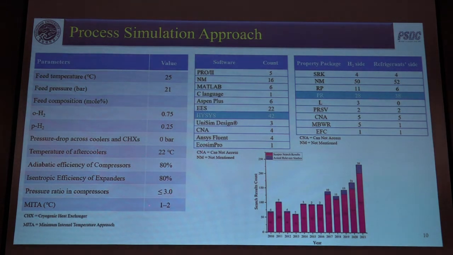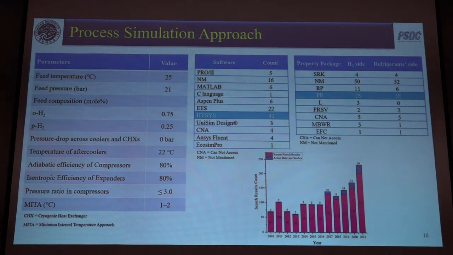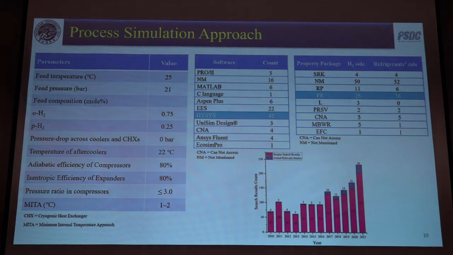So we use the process conditions for every compressor efficiency and expander efficiency, and the pressure ratio will be considered less than 3, not more than that. That is the maximum cap used by the industry. And for the minimum internal temperature approach, the range is between 1 to 2 degrees Celsius, which is quite the norm